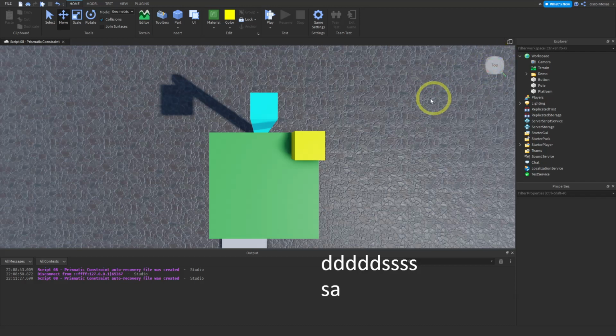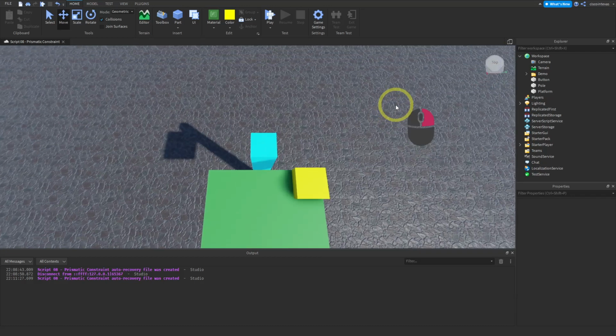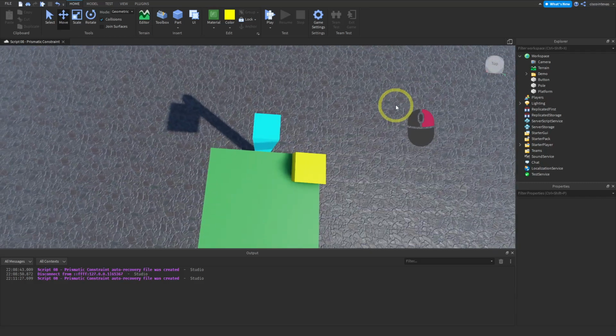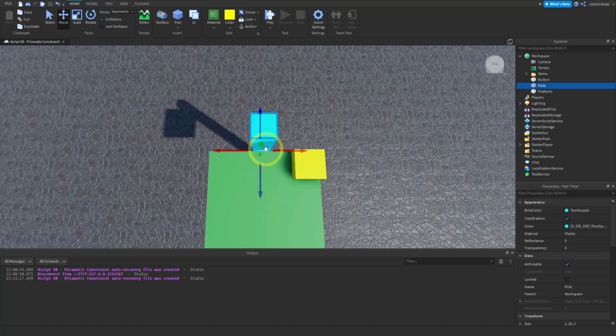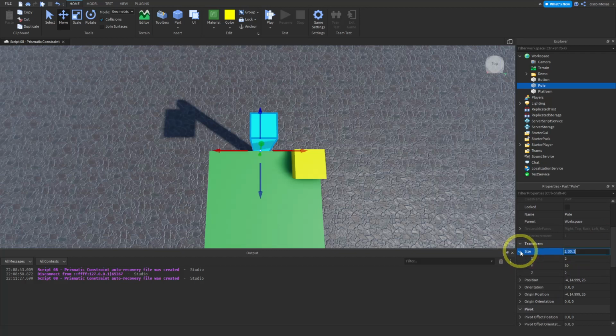So this is, let me see, what direction is that? That is the Z direction. Oh, wait, no, the X direction. So the X direction goes this way. Okay. And so we need to check that these both have the same X coordinate. So let's see. The X coordinate is 2 for this one. And for the platform, it's,